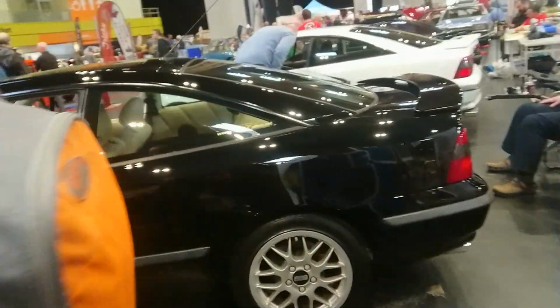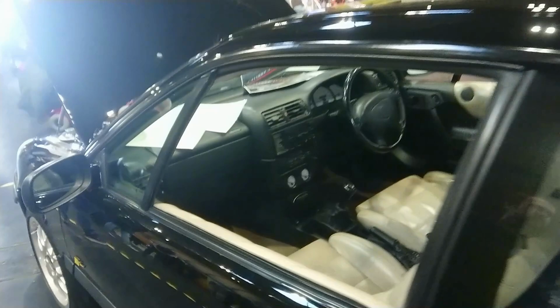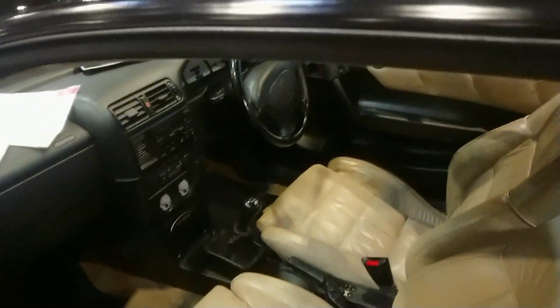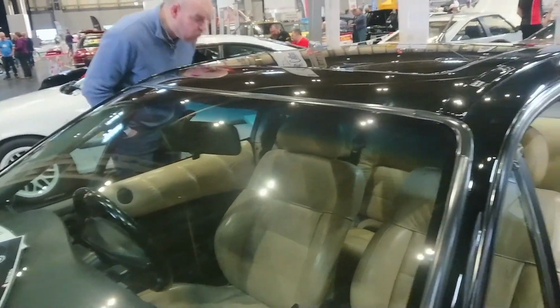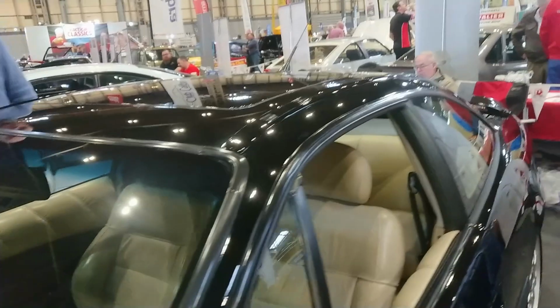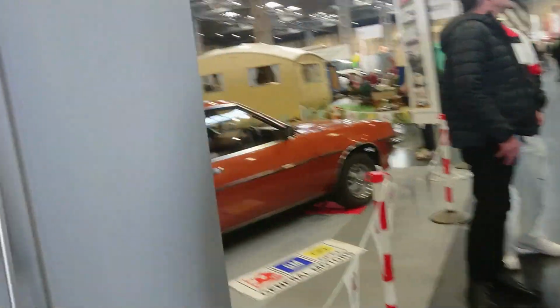Gosh, it is busy here today, viewers. It's very, very nice. What a collector model, the Calibra Turbo Final Farewell, so it's a really late one. Okay, so it's a 2-litre turbo. Very nice. I think we will also find round here some more